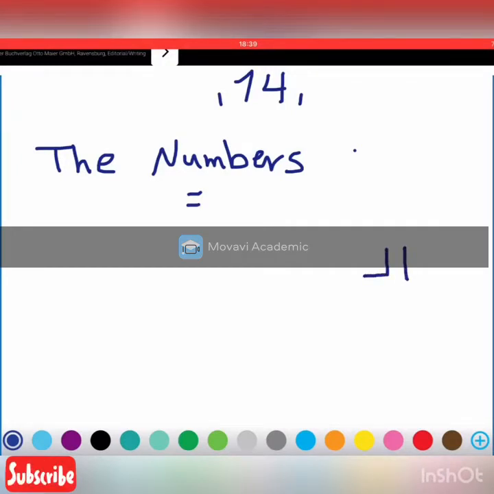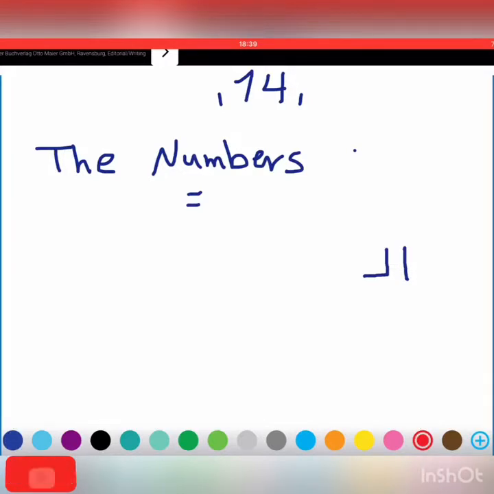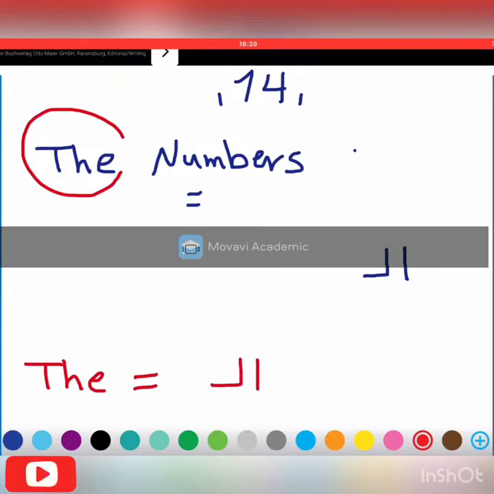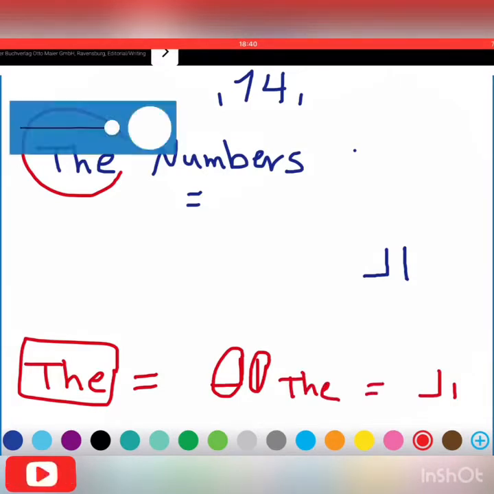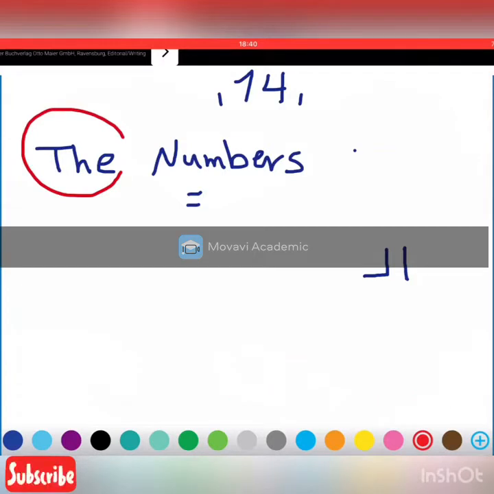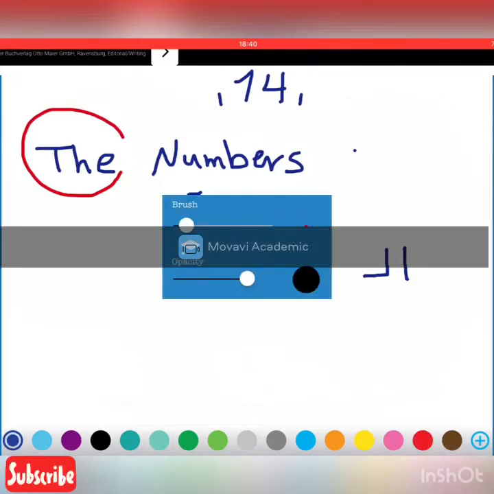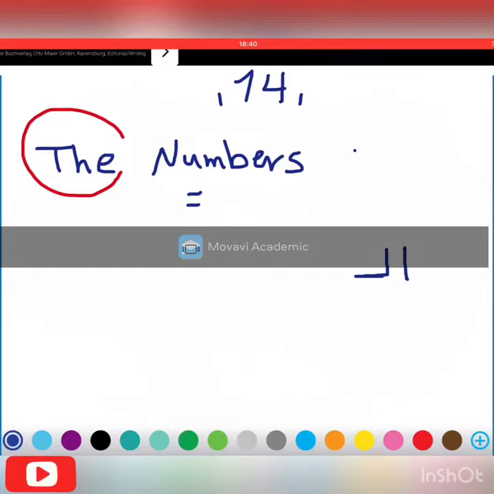L. So something you need to know. This L, it's just like the. So in Arabic, the is L. So this is, I think, very easy. It's alif and lam together. Alif and lam is L. It is the. So all the time when you see L in the beginning, you know it means the. Okay? So we delete it. So L, this is L, the.